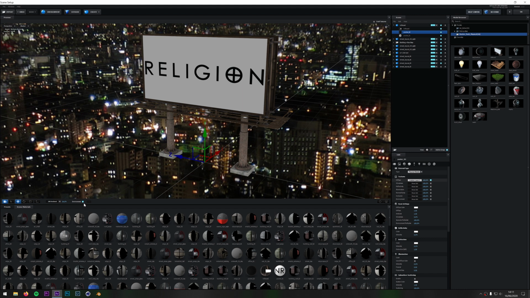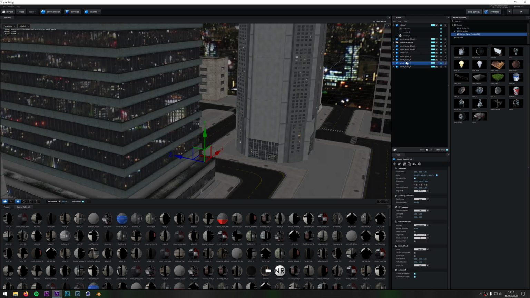So with this environment button down here, you can switch it on and off, but this doesn't do anything apart from affecting the viewport in our 3D scene. That's all it's doing, just showing you the environment in the 3D scene. But what it's doing is this object is now using the reflections from this scene. So if, say for instance, there's buildings in here, it's going to use the lights and the reflections from this onto the objects.